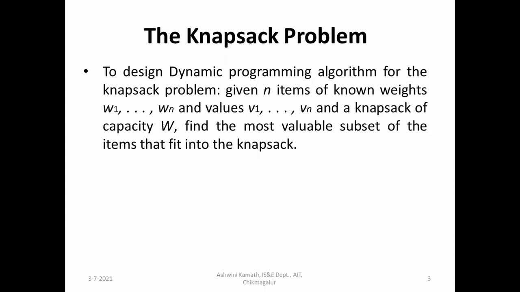In the greedy method, a fraction of an item can be added, for example, half of the item, a quarter of the item, or 2/3 of the item. For example, if we have 10 kg of something and the capacity of the knapsack is only 8 kg, we can't put all 10 kg into the knapsack, so out of the 10 kg we can put 8 kg into the knapsack. So a fraction of an item can be added.